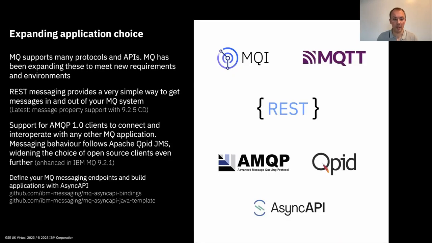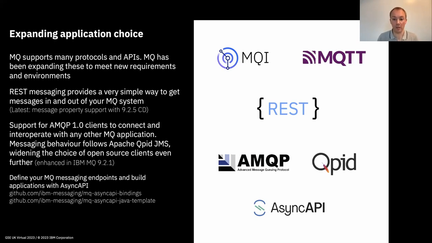Okay, so if we now look at some of the application enhancements, as you saw from earlier on, we've delivered quite a few enhancements to address application needs in 9.3. So we keep looking at expanding the particular platforms and APIs that are needed for applications. Today, we've been enhancing our REST messaging API. So in 9.3, you've now got support for message properties as well as browsing and sending and receiving messages as you've had before. We've been enhancing our AMQP support to include Apache Qpid JMS clients